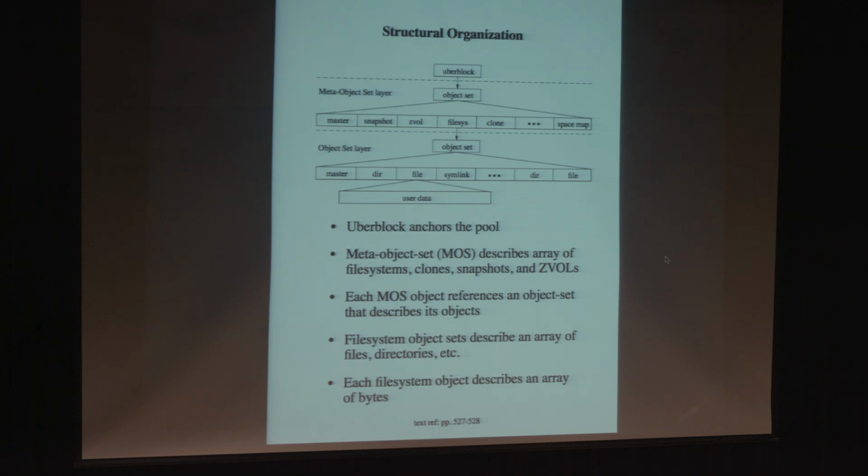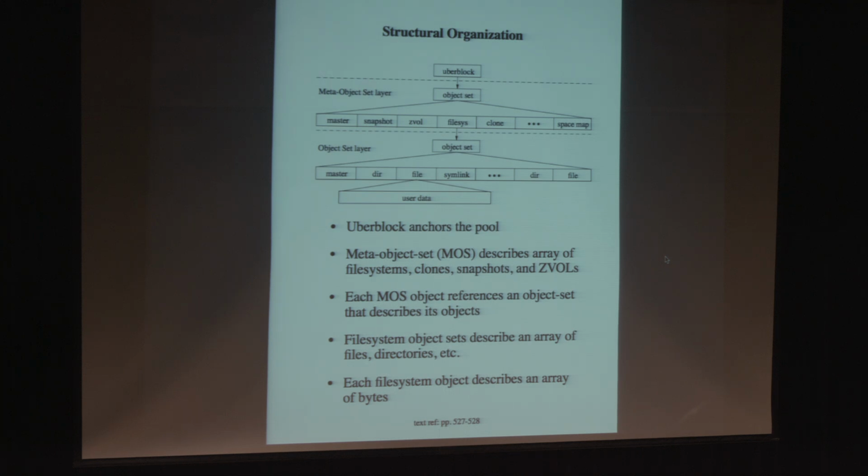So then the example here, I've taken one of the file systems. It again has an object set, and this is an array of what we would historically think of as inodes. So it's all the things that make up the things that are in the file system, so directories and files and symbolic links and so on. And again, you just make the array bigger if you need more files, and nominally you could shrink it if you needed to. You get some sort of Swiss cheese look in it, but if you needed to, you could shrink it.